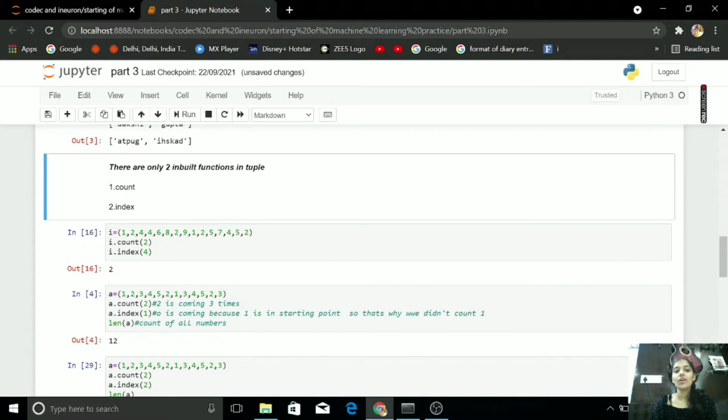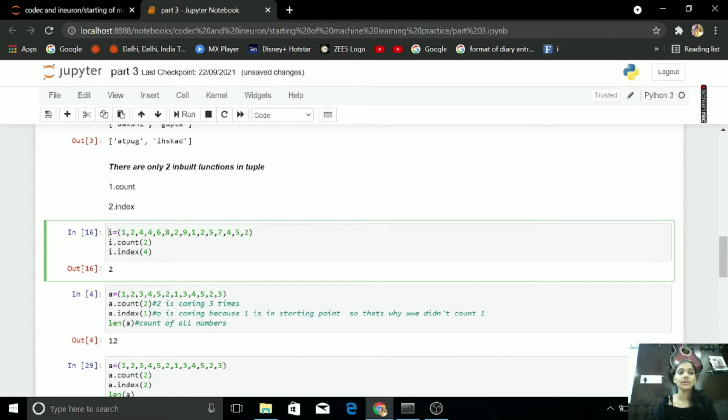There are only 2 inbuilt functions in tuple. First is count, second is index. If I am writing here I equals to 1 2 4 4 6 8 2 9 1 2 5 7 4 5 2 and I print this, then I do I dot count of 2.